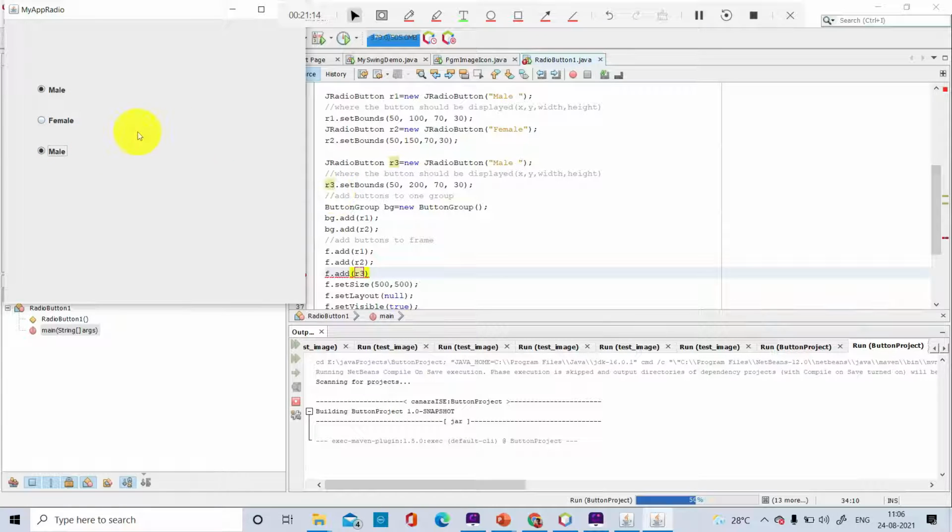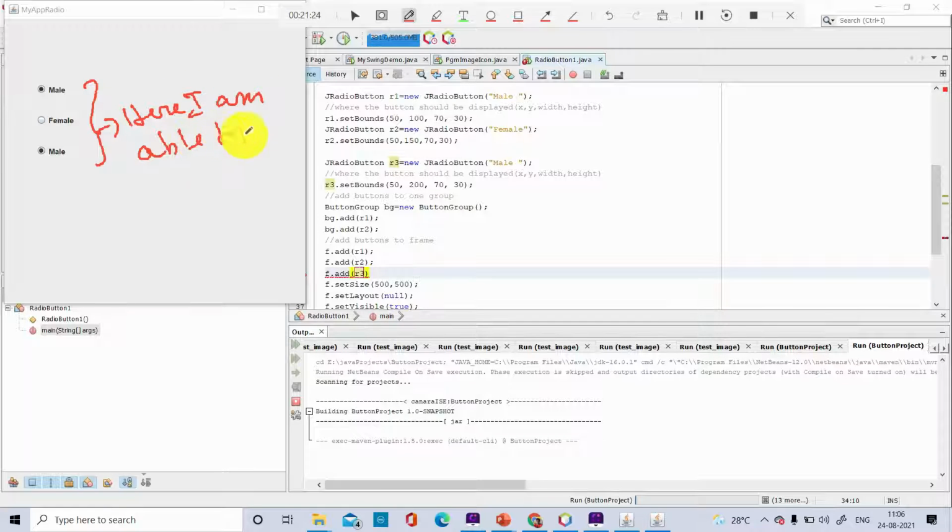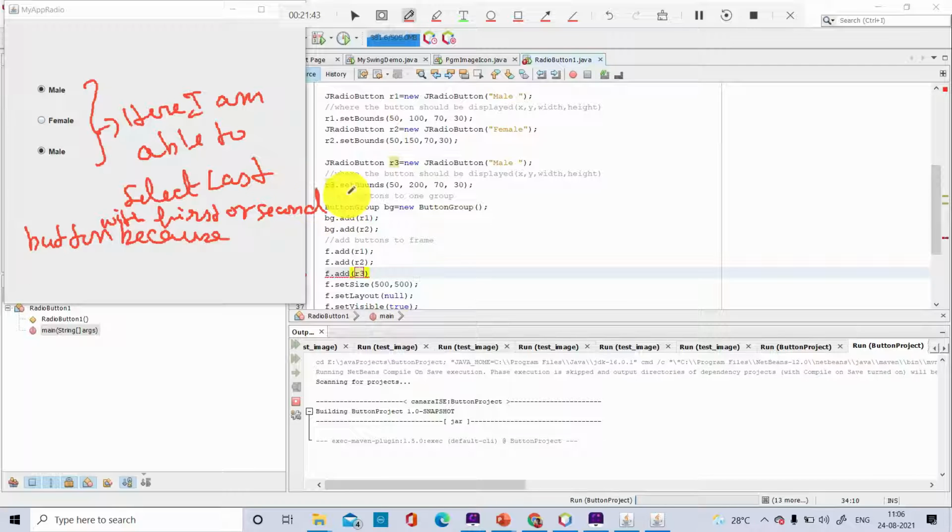Just for understanding, here I am able to select the last button with the first or second button, because the last button is not added to the button group.